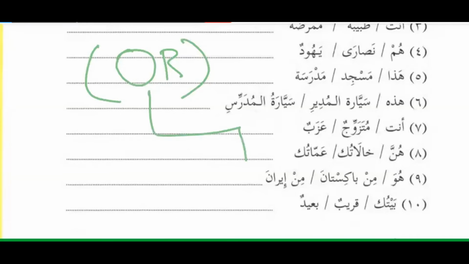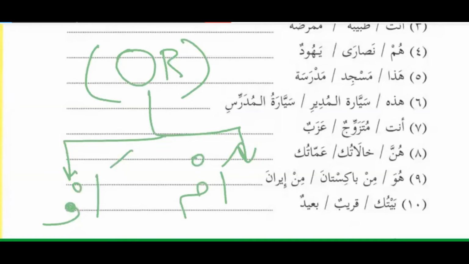Now see the fasaha, see the beauty, see the eloquence of this Arabic language. The meaning is or. Whether you say أم or you say أو. Now we have to understand in Quran also many times there will be coming أم or it will be coming أو. So we have to see.